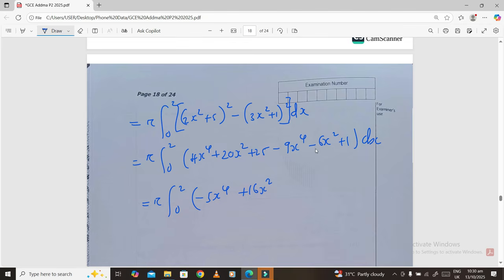For this and this, actually here it's supposed to be minus, we're getting a 24 dx, if I'm not mistaken. Is it a 16 here? No, it's a 14 because 20 minus 6 is giving us a 14. So this is a pi from 0 to 2. This would be a negative